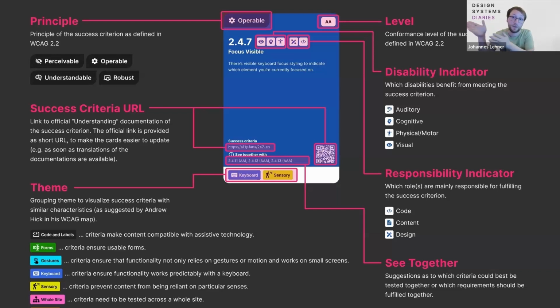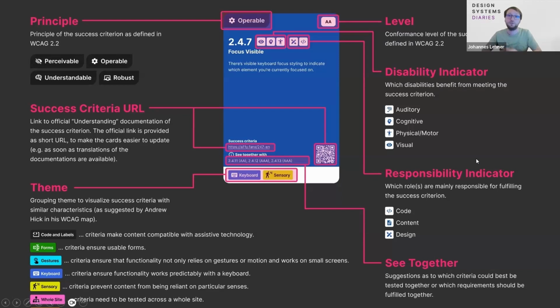But what they all have in common, you have blurred vision. So I wanted to focus on the disability and not about the cause of the disability. So that's why I put up these different disability indicators. And again, you have someone to be responsible for really bringing this into the team and really putting it up somehow in your project, in your products. And that's where I came up with the responsibility indicators.